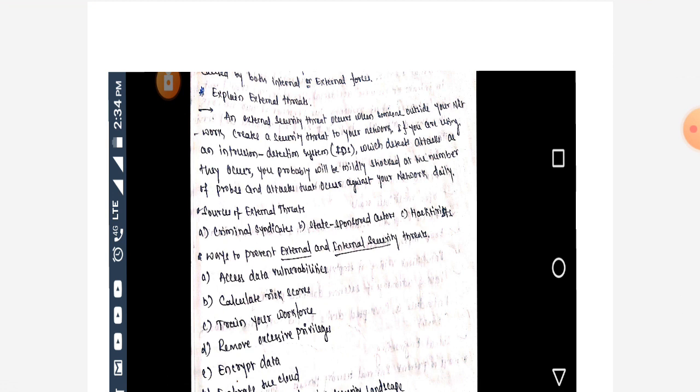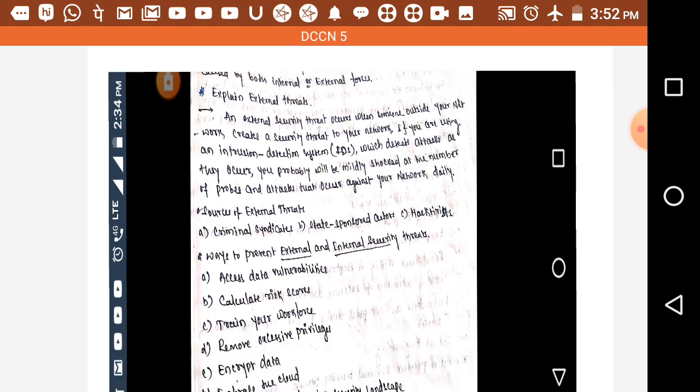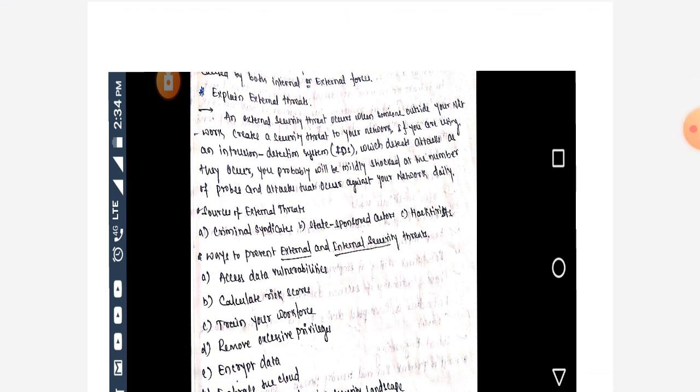Ways to protect against external and internal security threats are: assess data vulnerability, calculate risk scores, train your workforce, remove excessive privileges, encrypt data, embrace the cloud, and keep up with the changing security landscape. So these are the external threats and ways to protect against them.